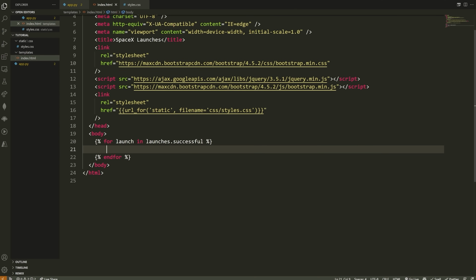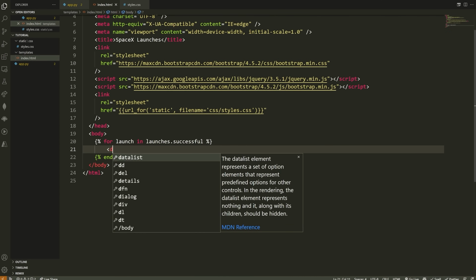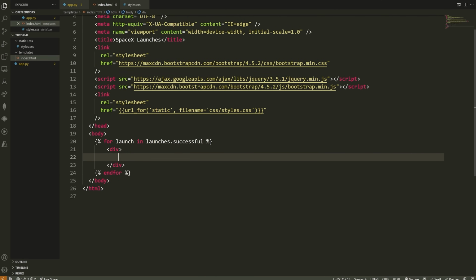And then inside of here, we can write whatever we want to render every single time we view one of the launches. So we can keep this super simple for now, and we can create a div. And then inside of the div, we can do something like a paragraph tag. And for now, we'll do something like name, and then this is going to be associated with whatever the name is. So I just need to look at my cheat sheet here to see what the name actually is. And it looks like this is going to be simply two sets of braces here, and then launch.name.